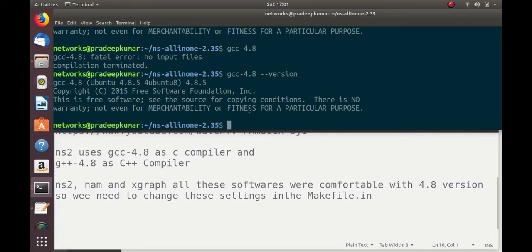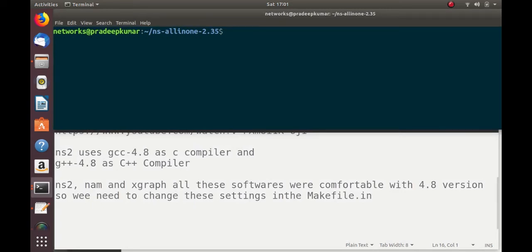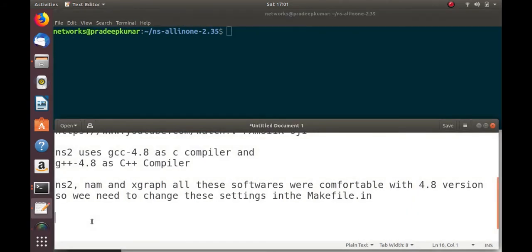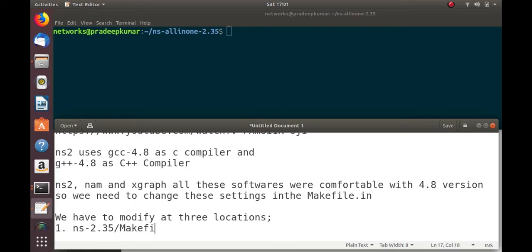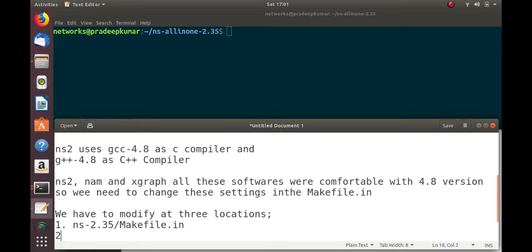Now I'll go here. We need to modify three places. The first location is for ns2: ns-2.35/makefile.in. The second location is nam-1.15/makefile.in.